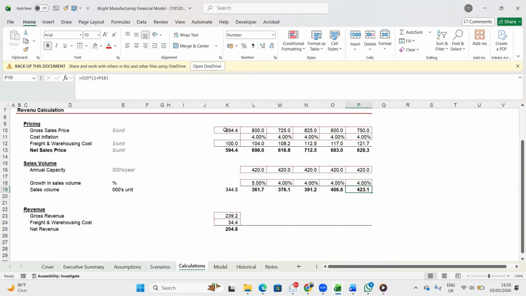No. Let's take for example, you work for a manufacturing company. Can you give me an example of what people can produce? Exercise books. Okay. Let's say you have a printing machine that can only print 420,000 exercise books per year. And in your financial model, you are telling us that